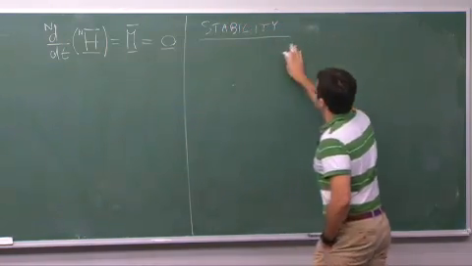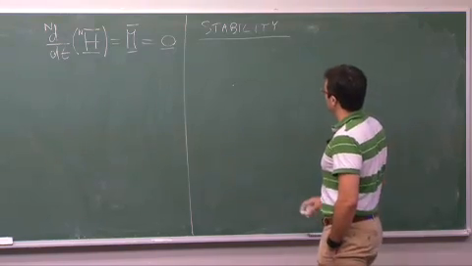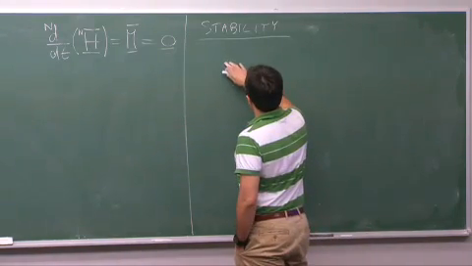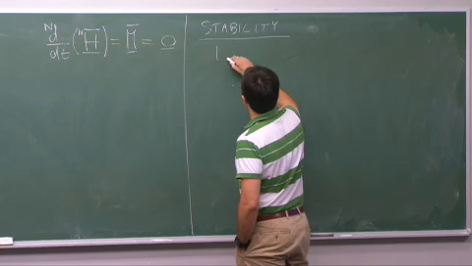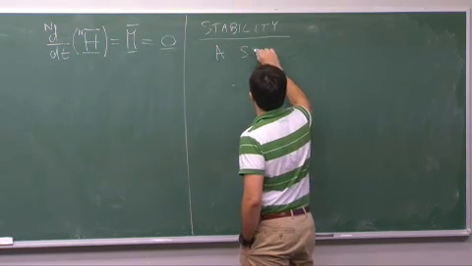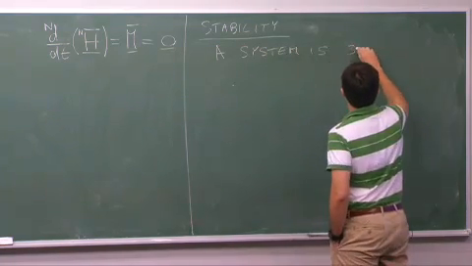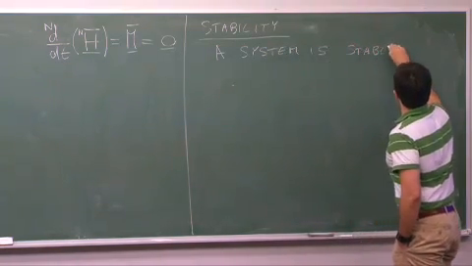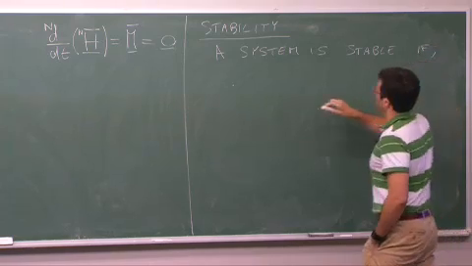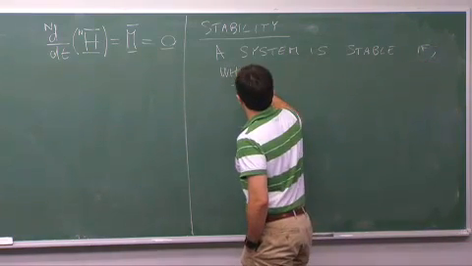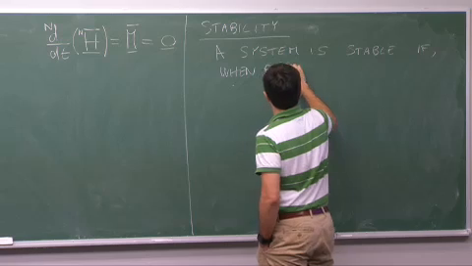Before I do that, let's just define quickly, and I'm sure you guys in controls classes have seen this in a more formal way, the stability of a system. I'm going to do a quick definition. A system is stable if, when perturbed,